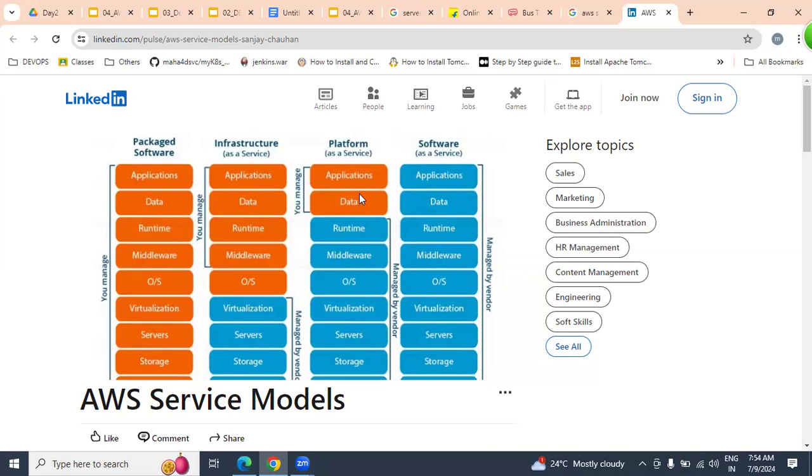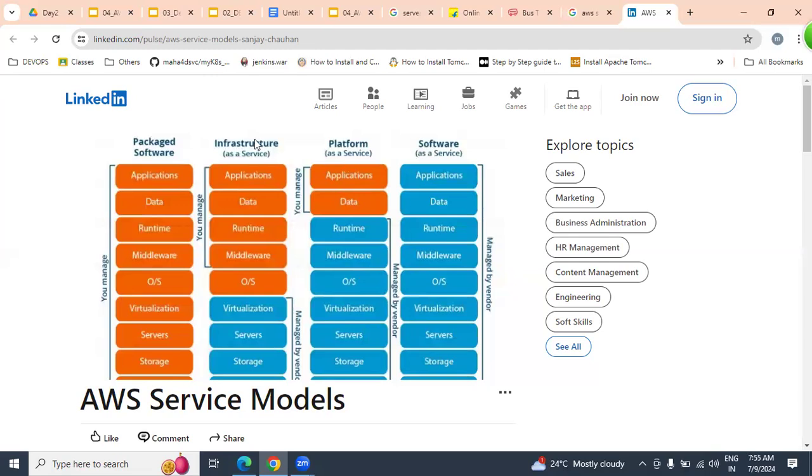Once these two are developed, where are we going to keep them? We have to place them somewhere. We require infrastructure like hardware resources, storage, servers, virtualization, operating system, middleware, runtime. For these things, I take help from the cloud. But writing code and writing the database is our responsibility, maintaining our teams. That is exactly platform as a service. We can choose our own platform: Java, .NET, Python.